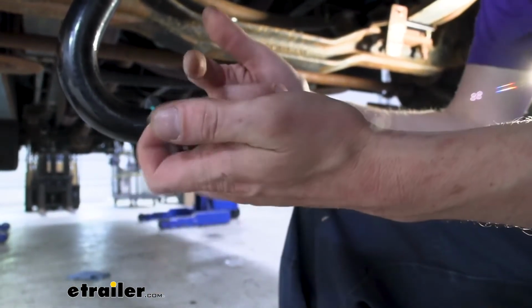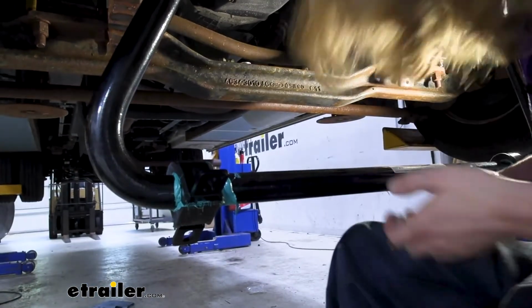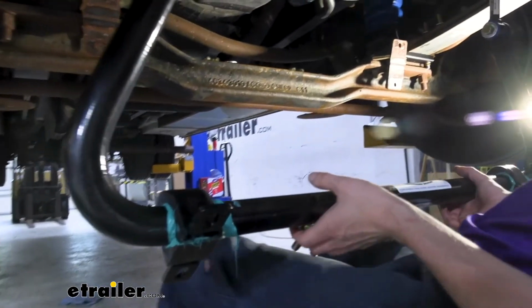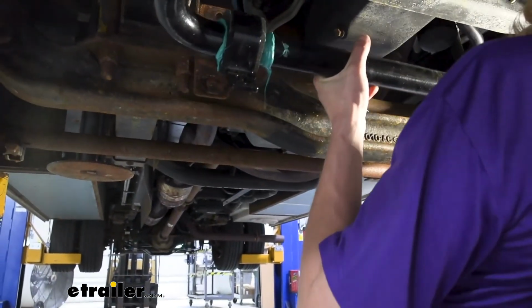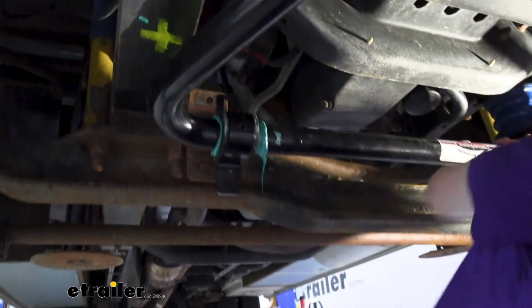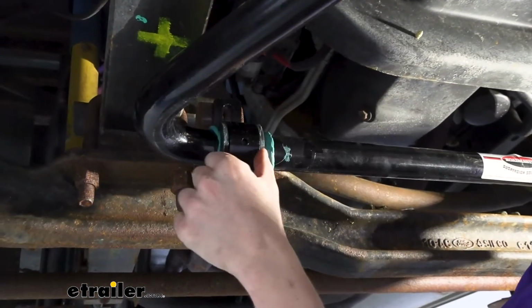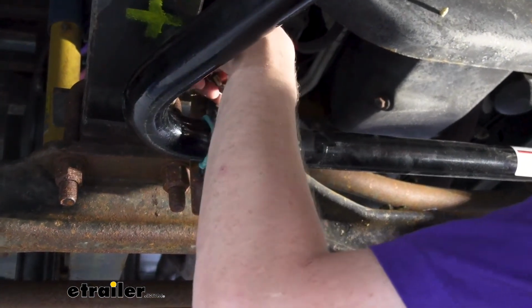And on the other side, I went ahead and sat those near the axle as well, so I've got those ready. But on this side, we're just going to leave them in our hand here because we're ready to rotate this thing up to install it. So now we're just going to rotate it, kind of let the end links do a lot of the work for you. You might have to rotate your bushing caps as necessary to get them to properly line up, and they will slide down on the end if you need to slide it down a little bit. Go ahead and slide your bolts